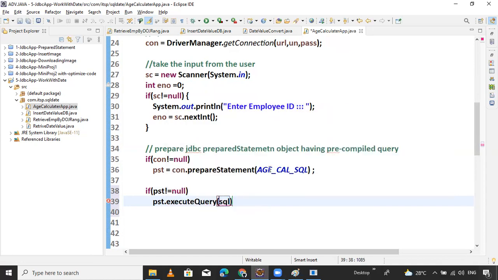And its return type is ResultSet, RS. What is that RS? Simple. Save it. And now this one is ready.